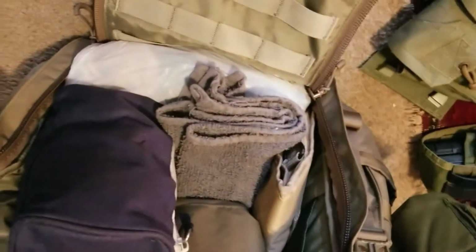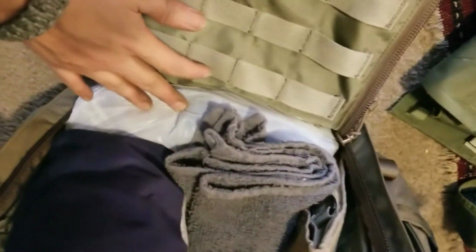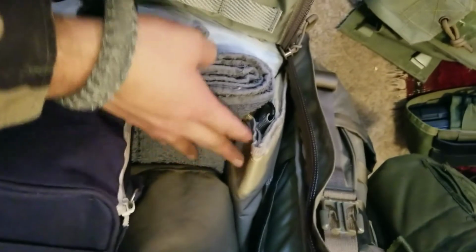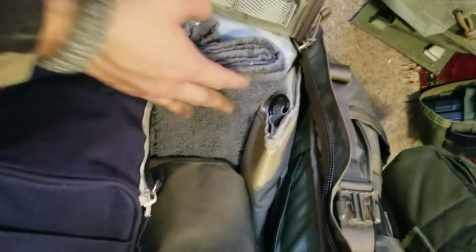Now that everything is packed, I'll show you how much room I still have. Right, you know what? Map reading kit. I'll just show you from here. As you can see, there's still plenty of room. I have my skivvies right here, my MREs in the back, my e-tool right here, small little towel to keep myself dry, toiletries, all my small kit,